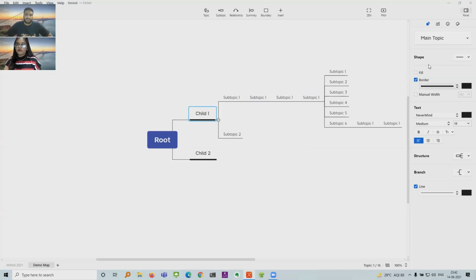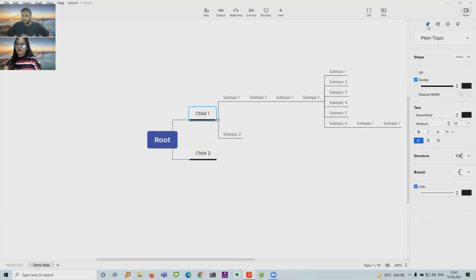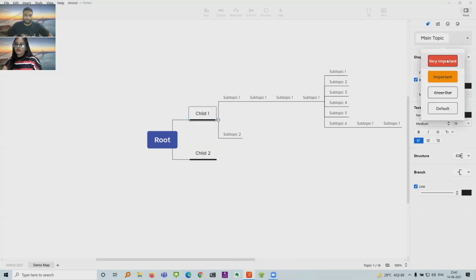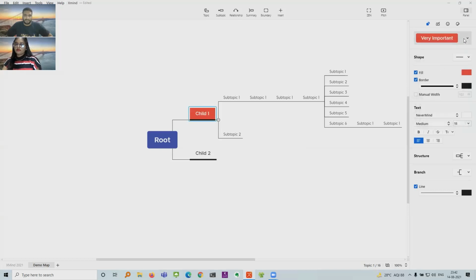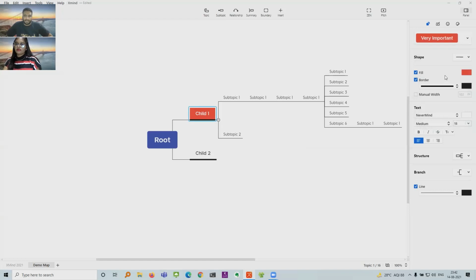Also, on this right hand side, there is a panel which we can open, and there are different options available in this panel. Here you can mark this node with different kinds of representations. For example, there are different templates for such nodes that are readily available. You can either use them, or you can even play with the fill color from here. You can use different colors, or you can decide to have a boundary or not have a boundary. You can define a manual width for it.